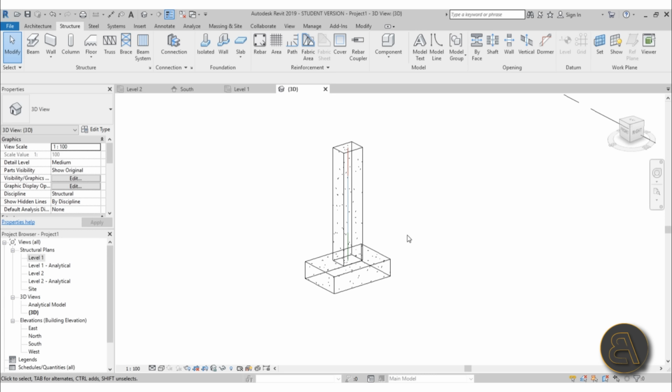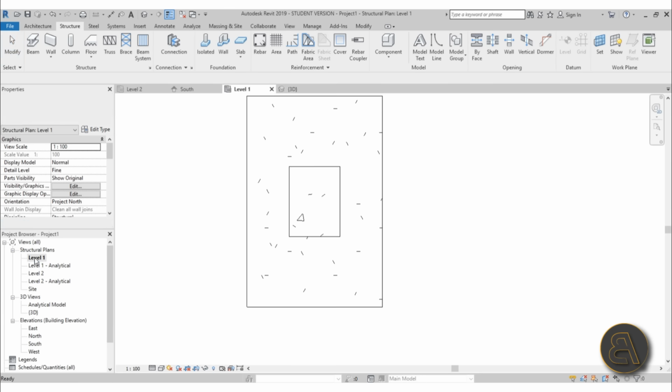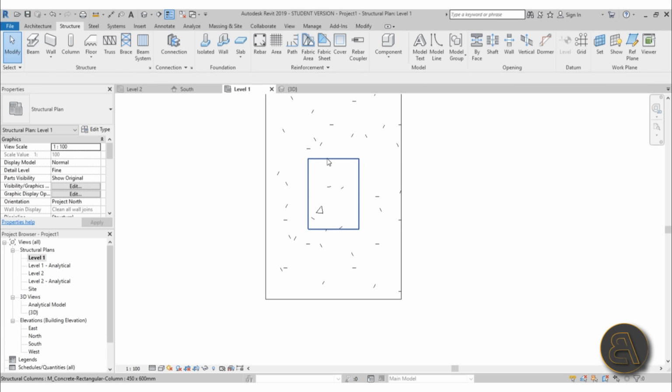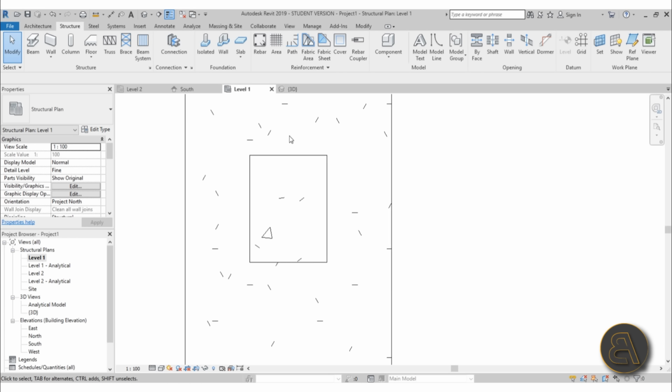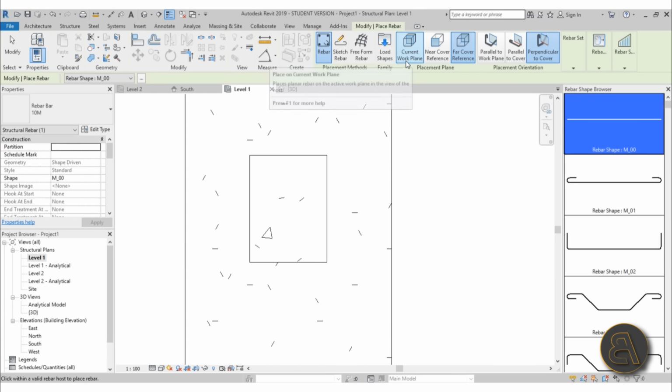Now let's start adding rebar to this structure. So how do you do that? Well, you've got here your structure tab, and for reinforcement you've got a bunch of these tools, so let's start using them. So first let's go into level 1 and let's reinforce our column. So go here to the rebar tool, structural rebar, just click that, hit OK, and then first for the